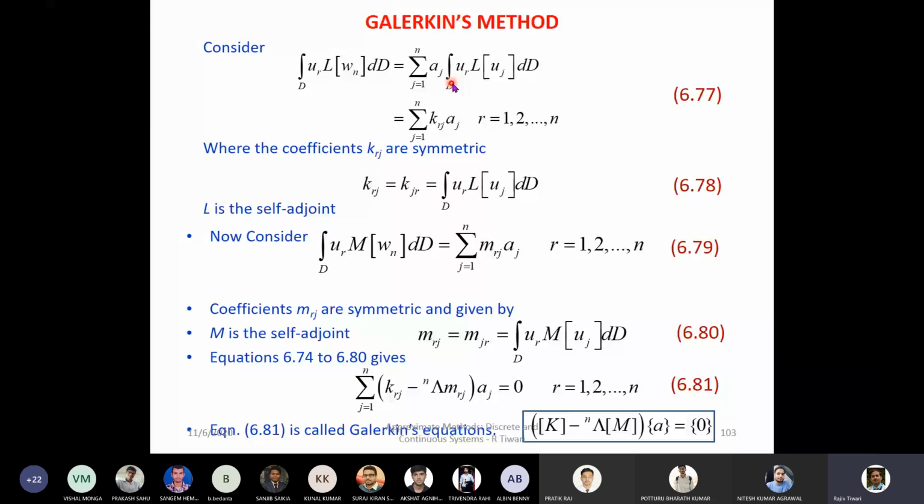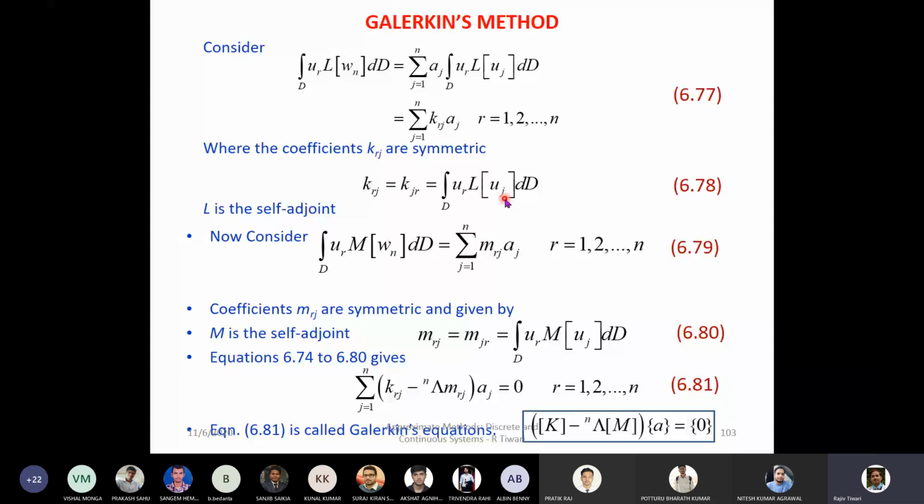So if I substitute Wn here, I'll get an expression like this, and this expression I am representing as KRJ, with subscript R for the weight function and J for the inner one, KRJ. So KRJ or KJR, they are symmetric and can be expressed in this form. So now we can see the difference of the KRIJ which we represented earlier, and here we have the L